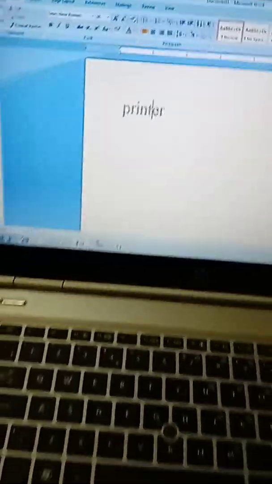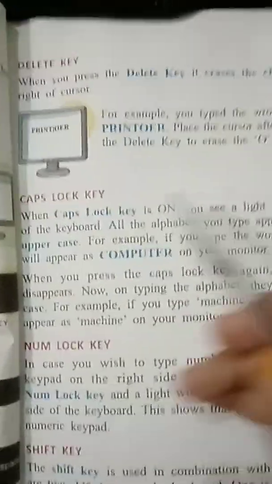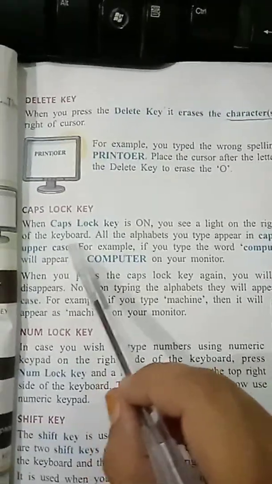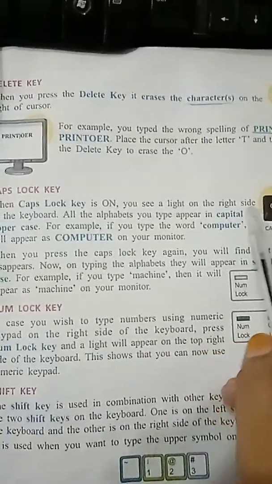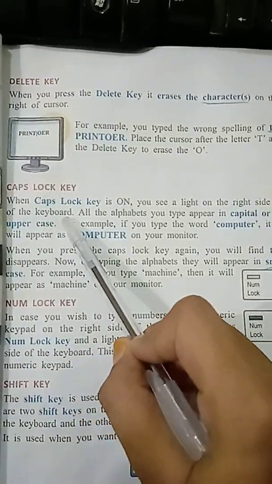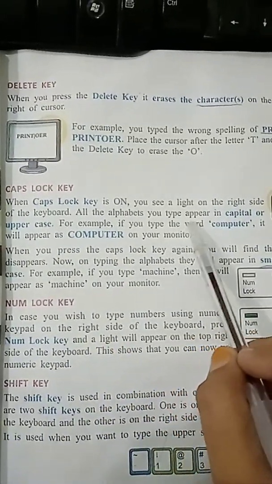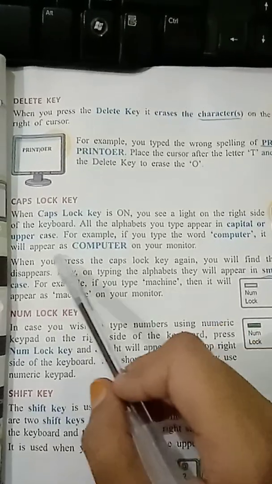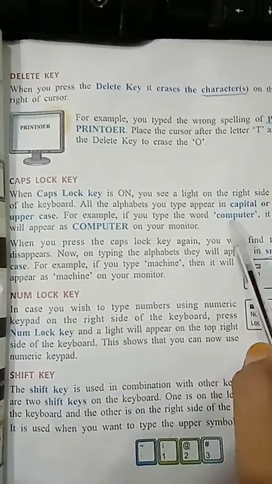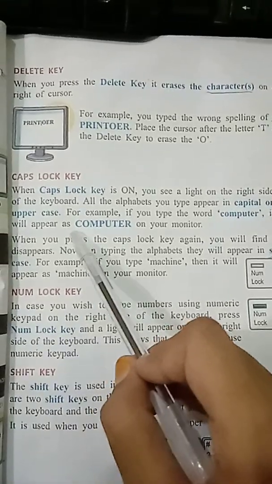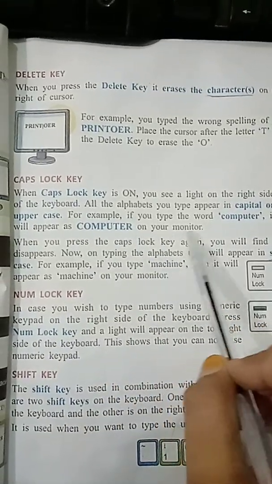Okay students, now we read about caps lock key. When caps lock key is on, you see a light on the right side of the keyboard. All the alphabets you type appear in capital or uppercase. For example, if you type the word computer, it will appear as COMPUTER on your monitor.